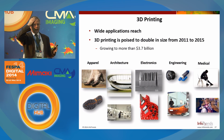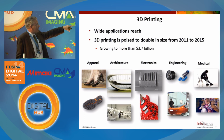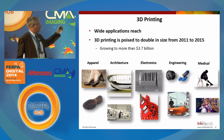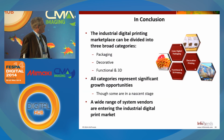When I see people talking about, okay, I'm going to print a replacement for my chess piece or something, that doesn't seem like a killer app to me. Packaging does. I think there are some interesting things happening around apparel, architecture, electronics, engineering, medical. But this is a market that's relatively small right now, doubling in size, but again, will have some big potential moving forward. And so really just to wrap it up here,